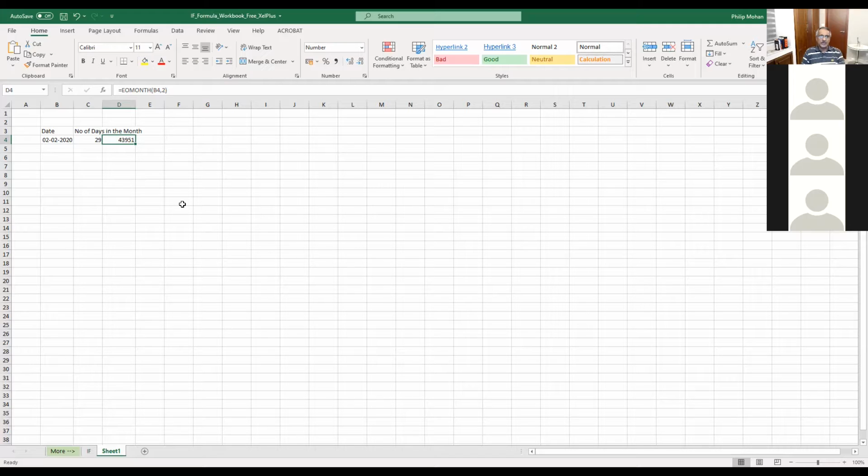Excel knows it only as a number, and I believe 1st of January 1901 is number 1, and 2nd of January is number 2. So right now we are in the 43,000s. They have chosen to use that for whatever reason they felt it was appropriate. Now put your cursor under number of days, on 29.